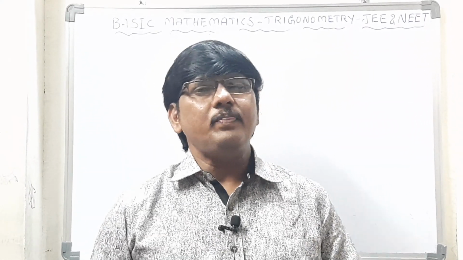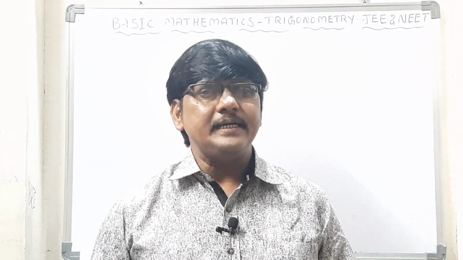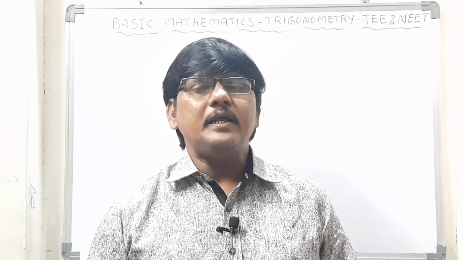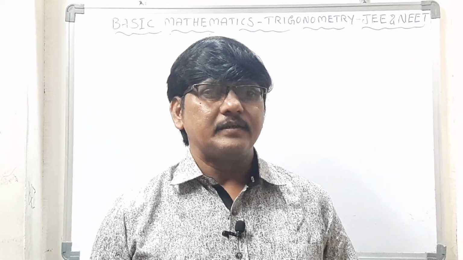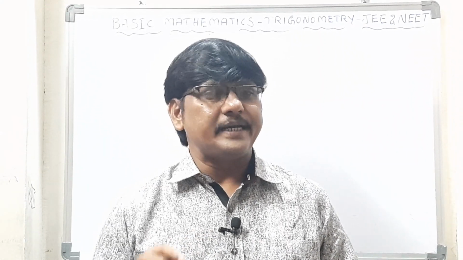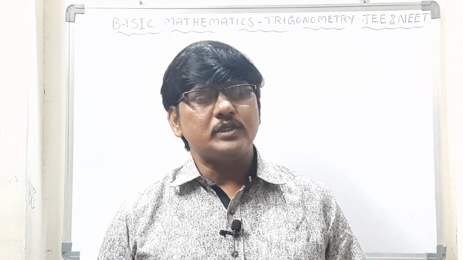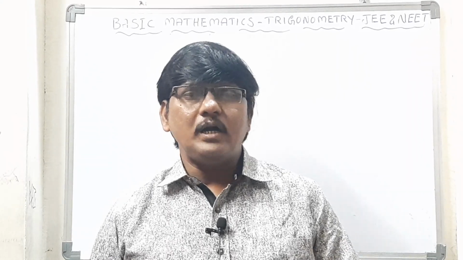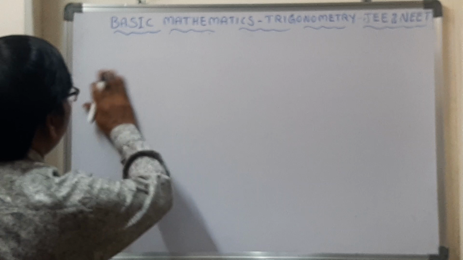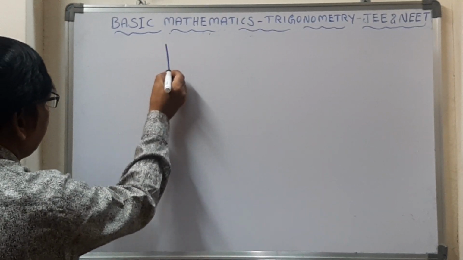Generally in trigonometry, most of the time we are associating with a right angle triangle. In this right angle triangle there are sides, and the ratios of these sides are called trigonometric ratios or trigonometric functions. By means of an illustration we will see that. Now let us take any one right angle triangle.